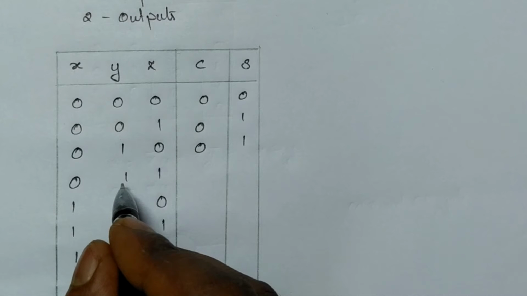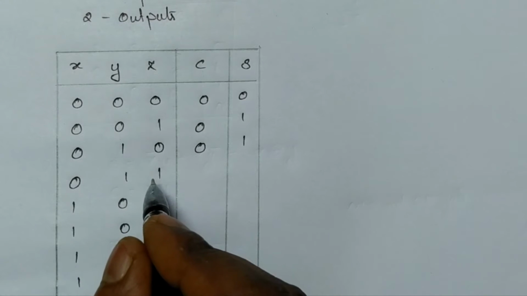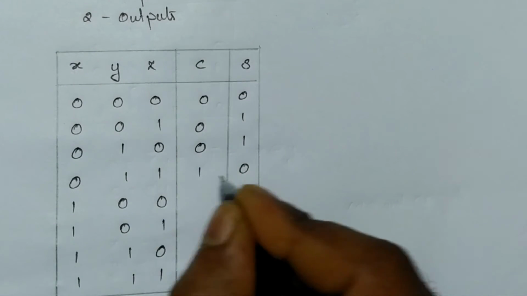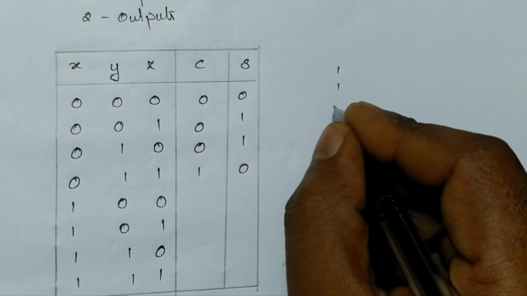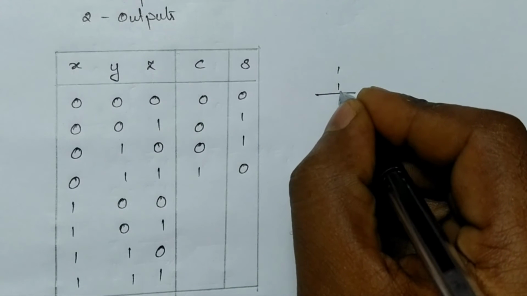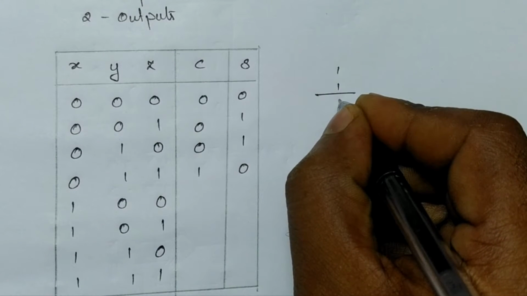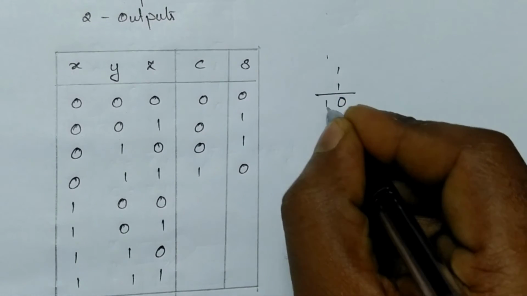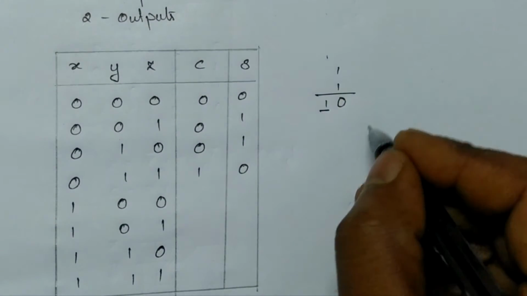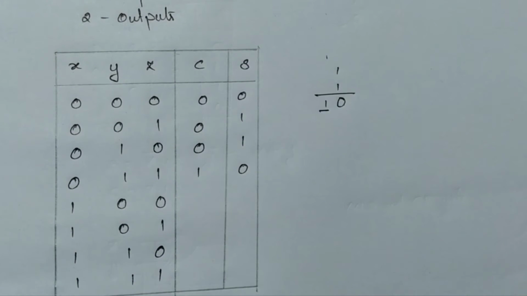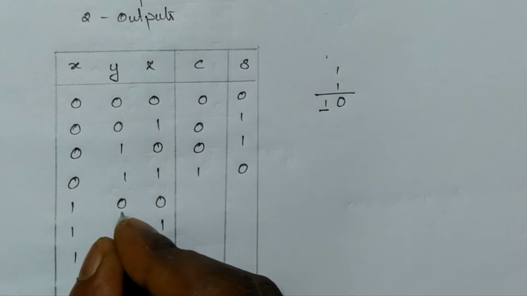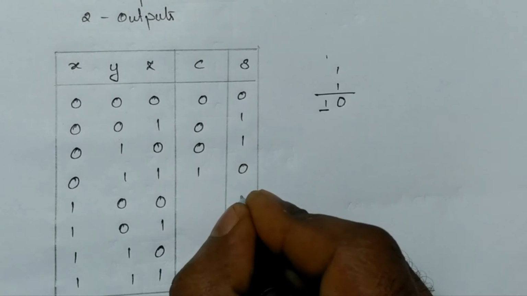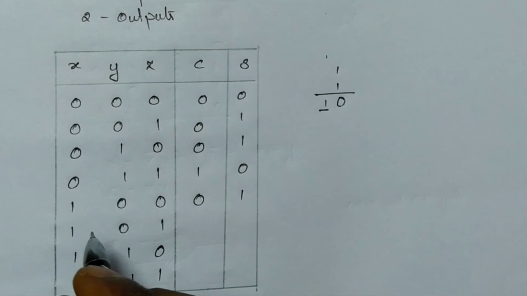Again 0 plus 1 is equal to 1, again 1 plus 1, sum is 0, carry 1, because we are adding 2 input bits. If we add these 2, we will get the answer as sum equal to 0 and carry equal to 1. That is considered as carry and the first result is considered as sum. Likewise here 1 plus 0 is equal to 1, 1 plus 0 again is 1, sum is 1, carry is equal to 0.